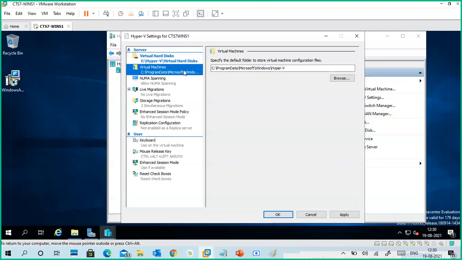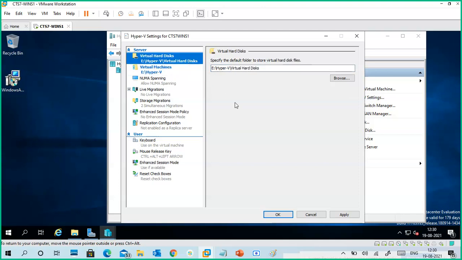In virtual machines it is the same thing. I put the E drive, then I'll remove these things, and it will simply show Hyper-V directly. So E colon Hyper-V is a common folder for both. Machines are stored here, disks are stored here.